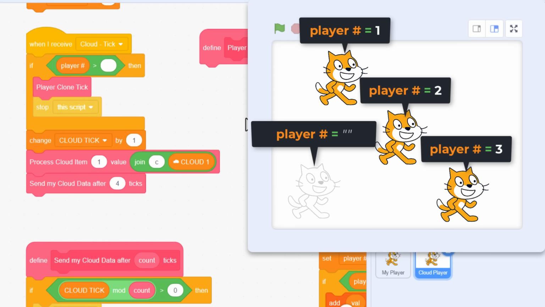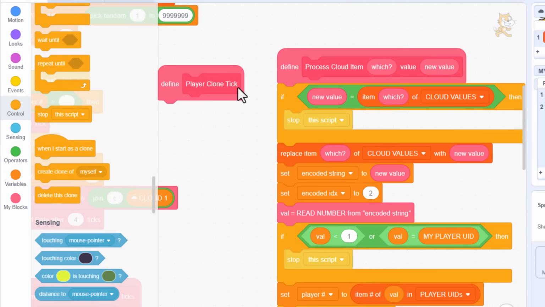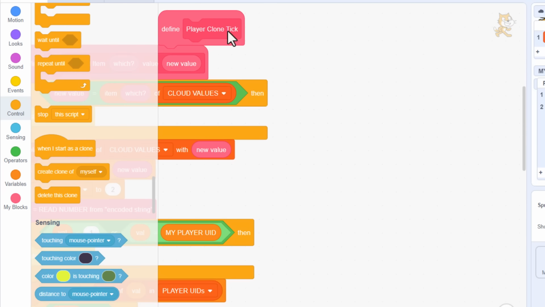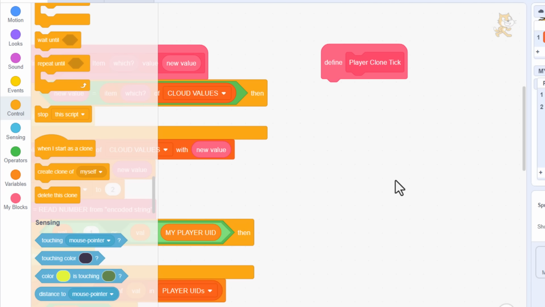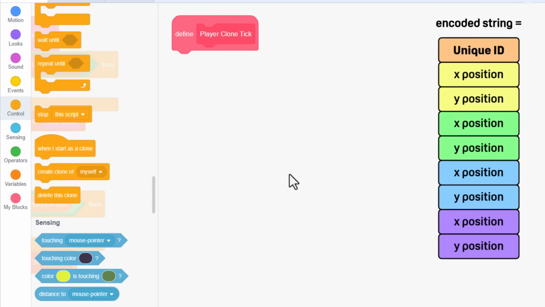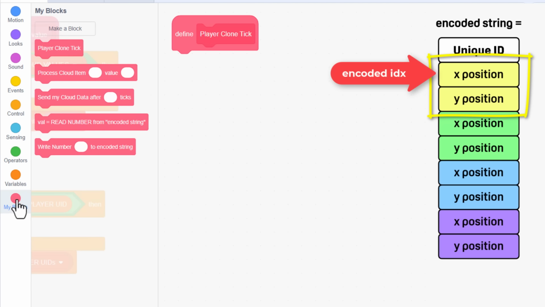Let's take that define player clone tick script into some free space. Each player clone will run this script individually, and we want it to take the encoded cloud data and use it to move the sprite around the screen. As it happens, when we created this clone, we did so having just read the player UID out of their encoded string. Therefore, we can continue where we left off and read out the very next pair of X and